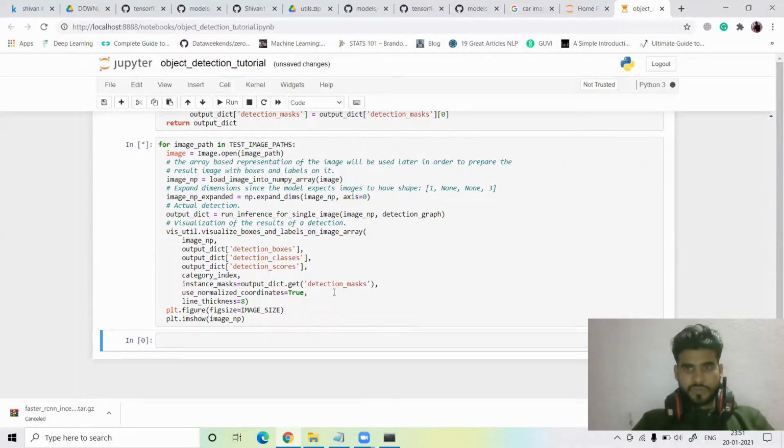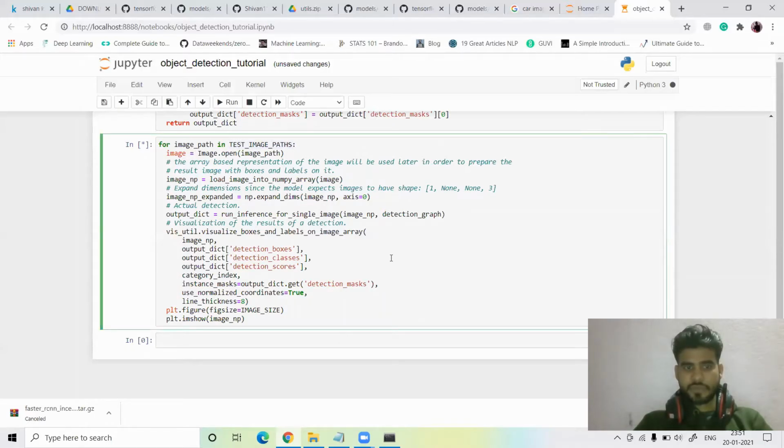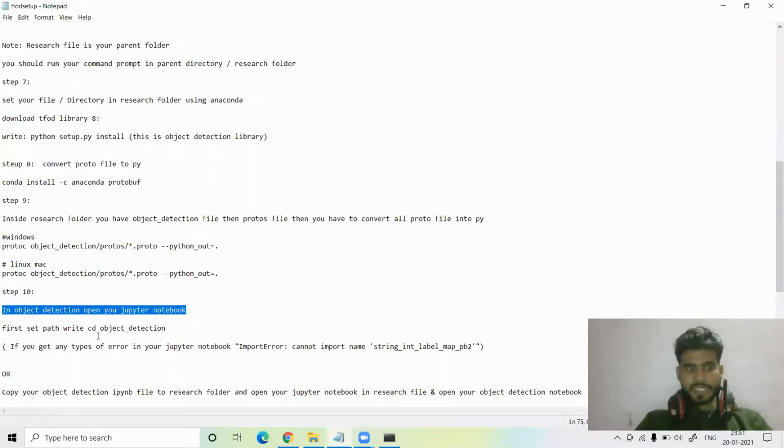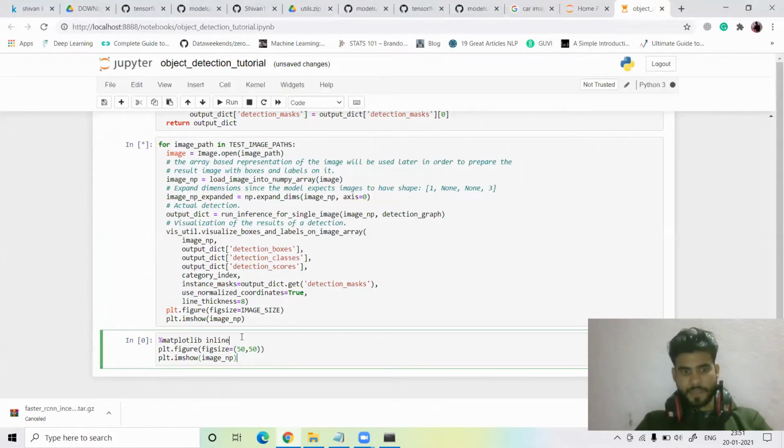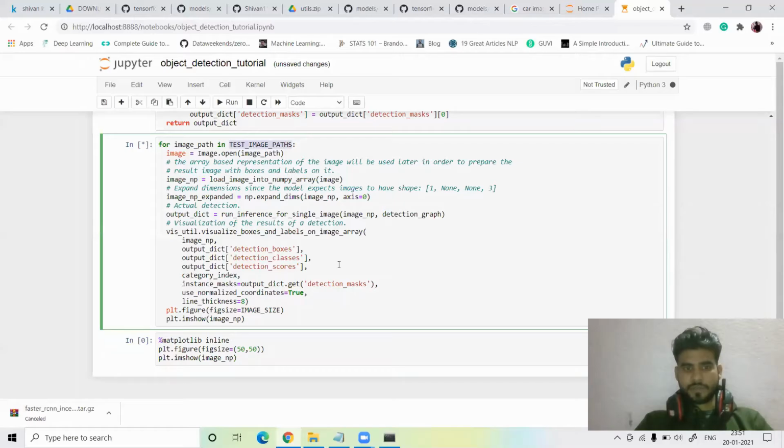Yeah, it takes a few seconds for testing the images. Okay, testing the images only takes a few seconds, guys. Just wait a few seconds. After that, if your images are not showing, then you have to write some code, this code mainly. If your images are not showing, you have to write this code only. Just wait a few seconds, guys, because this is testing the images, so it takes a few seconds, depending on your internet connectivity.